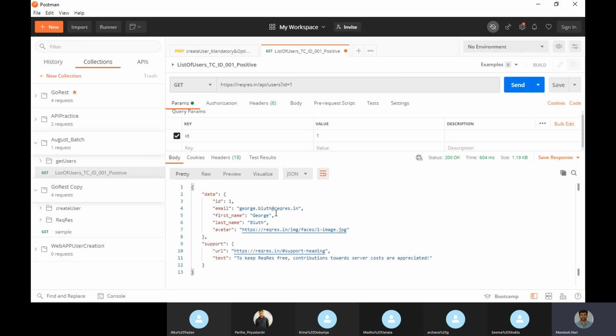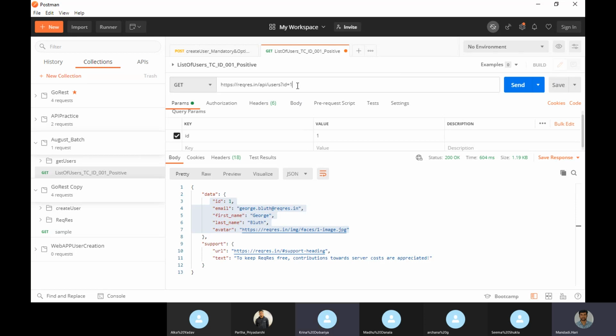So see, if you see here, it is coming. ID is equal to 1. So only one record is filtered out, okay, with data that is ID 1. So this is a path parameter. In the URL we are passing, but the specific record I am giving here. I am not filtering it out with some department or something.